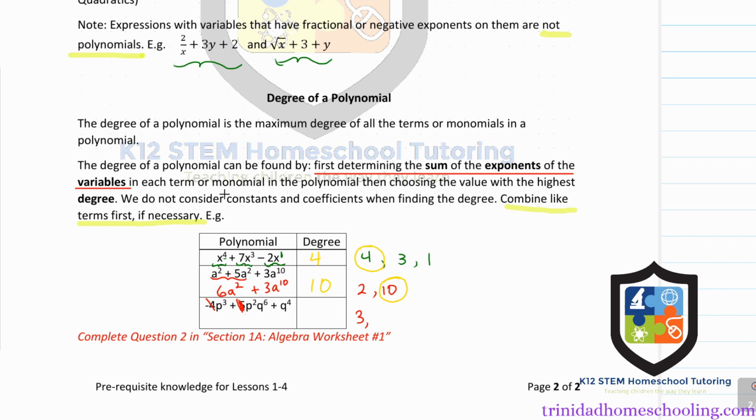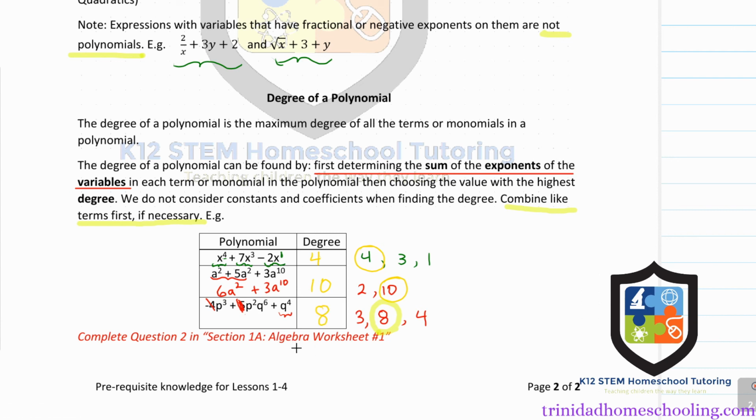Now, according to your notes, we determine the sum of the exponents of the variables. So the sum here is 2 plus 6. Even though they are not the same variable, we're still going to add the sum of the exponents. So 2 plus 6 will give me 8. Then we have q to the power of 4. So this term here is just a 4. So now we can identify our highest degree, which is 8, and 8 will be our answer for the degree